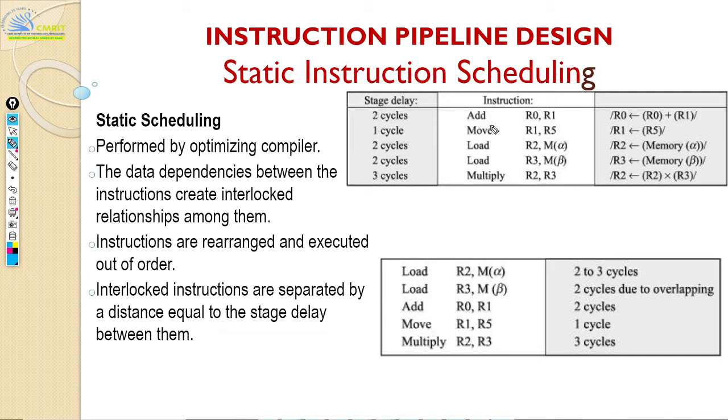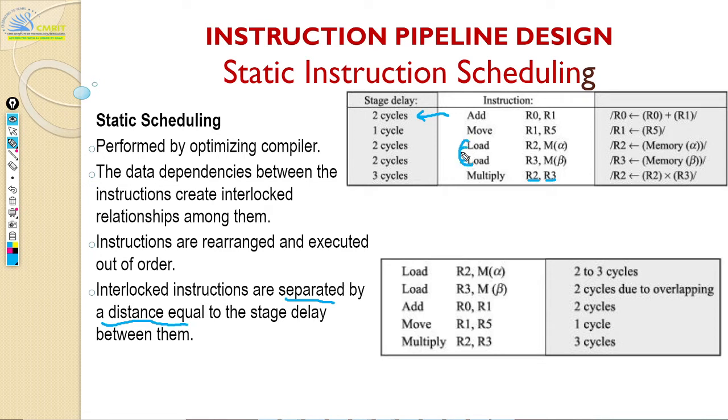So here you see there's a list of instructions and their associated time delay. Okay, so when you see these two loads, right? The problem even in the earlier example we saw was with respect to load, because load takes two cycles, and then you have to have one stall cycle each, correct? And then this multiply depends on this particular load. Okay, so what you will do is you will actually interleave, like mentioned here, right? So you actually interleave the instructions and then you create some kind of a distance.